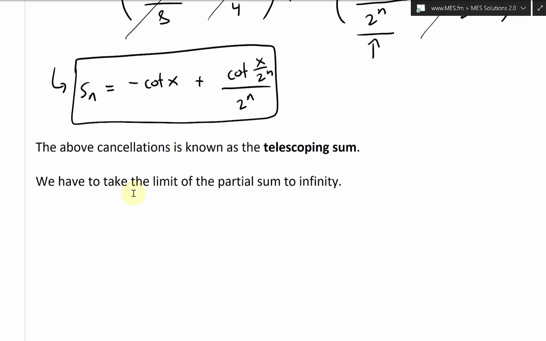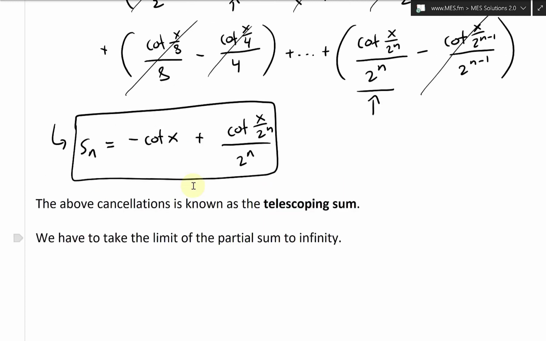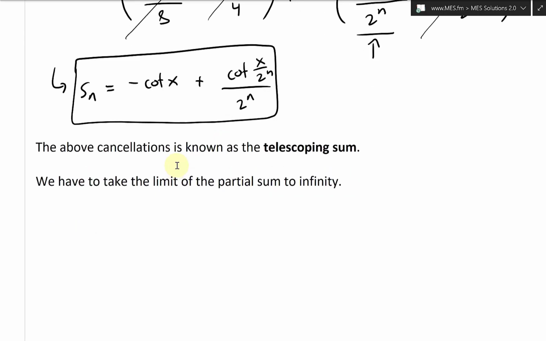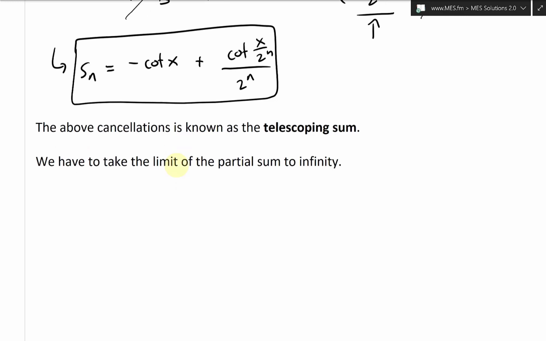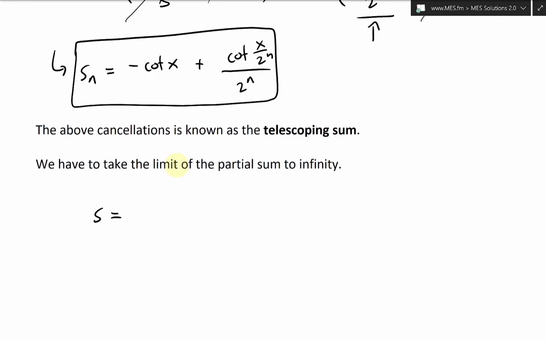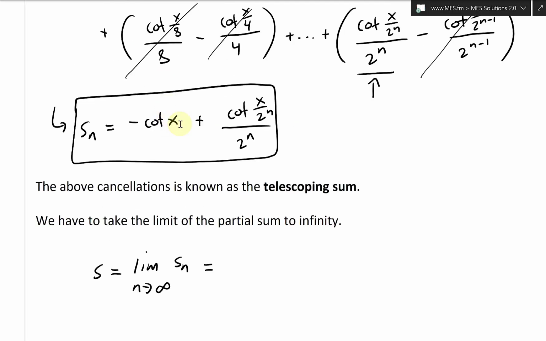So let's go further. Now we have to take the limit of the partial sum to infinity to get the exact sum of the series. So again, it's taking the limit to infinity, so that S, the sum, equals the limit as n approaches infinity of Sn. And now this equals, well, this cotangent of x, there's no n there, so we just take it out of the limit, the cotangent of x plus the limit as n approaches infinity of cotangent x over 2^n over 2